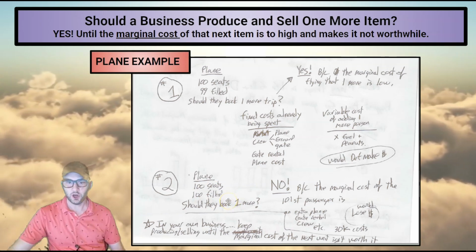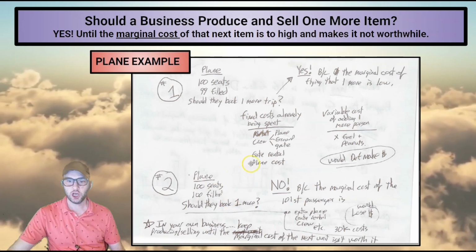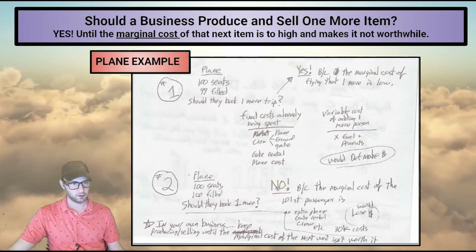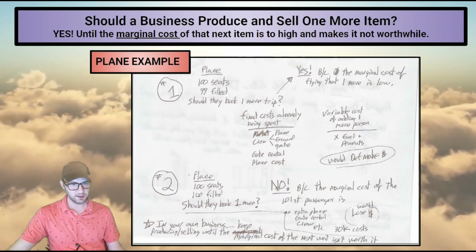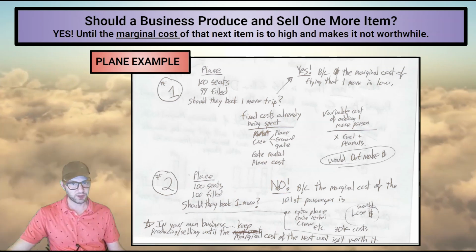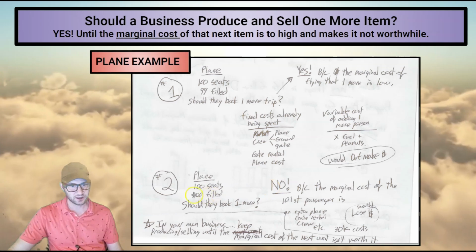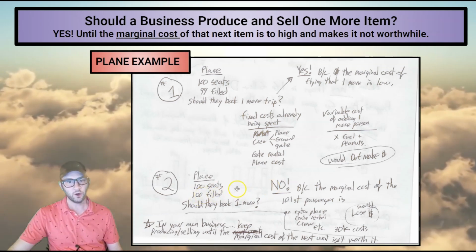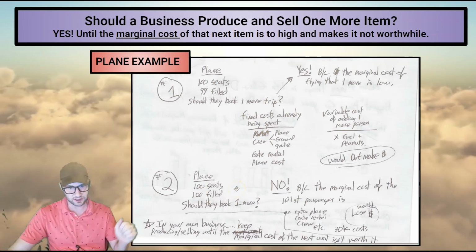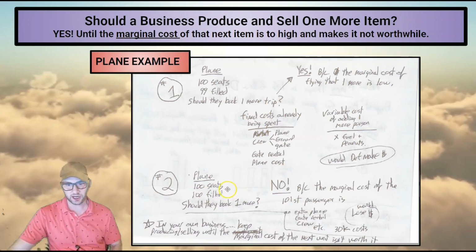Should they produce one more trip by getting me to the Dominican Republic? And the answer is 100% in this situation, no. But why? I'm the same person. I want to go to the same place. I'm the same Doug. But they would never do that because of where I am. I'm not the 100th. I'm the 101st. We're thinking on the next unit. They're examining me exactly. Check it out.